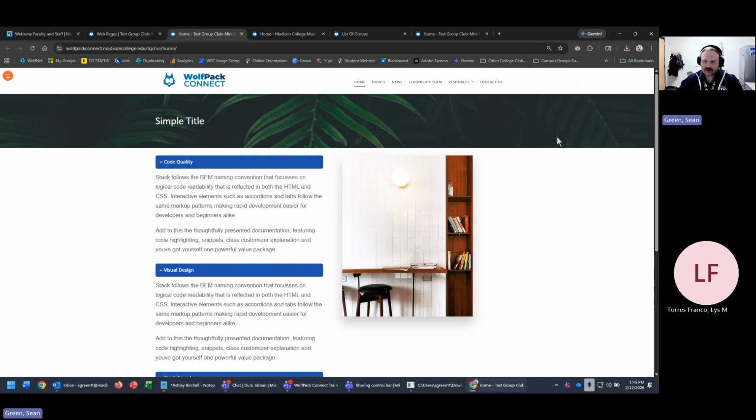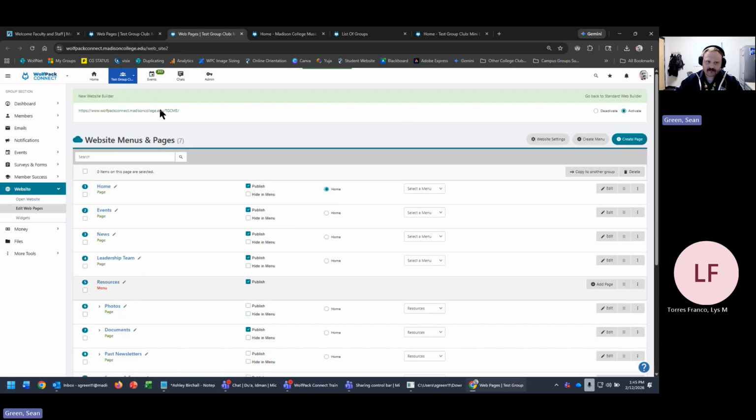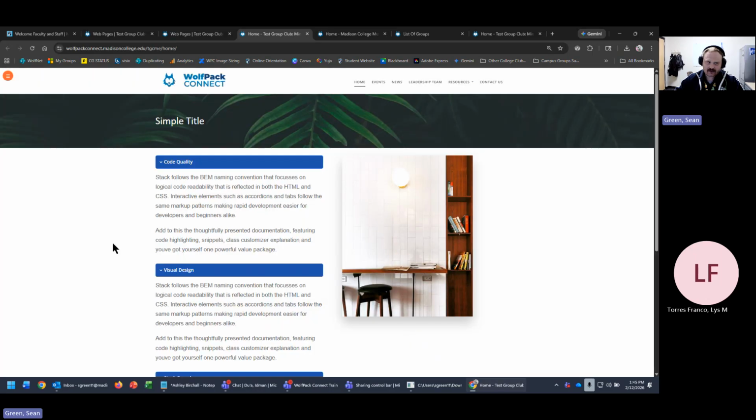If I wanted to add something to my page, I'm immediately going to start to see these two icons appear. It may not appear right away, but they will appear as soon as you click within the window and start moving around. If you're an officer, you should have that opportunity to start modifying. So this first one obviously takes you back to where we currently were. And then the second one, as you see how it pops up,